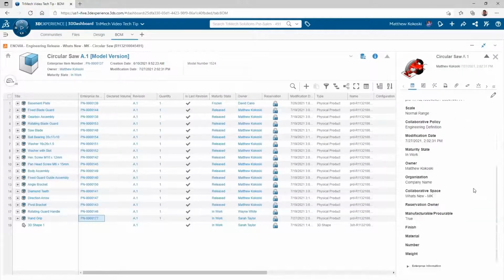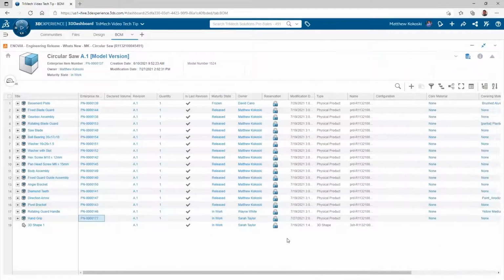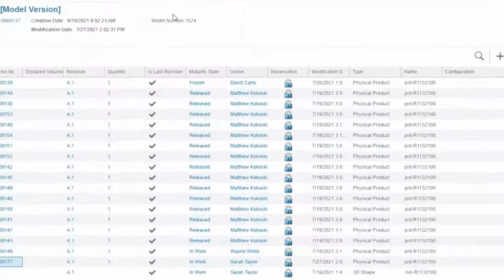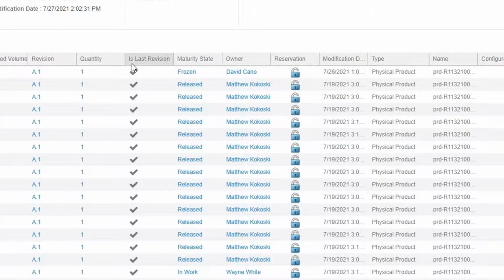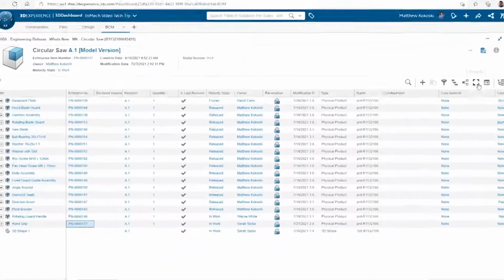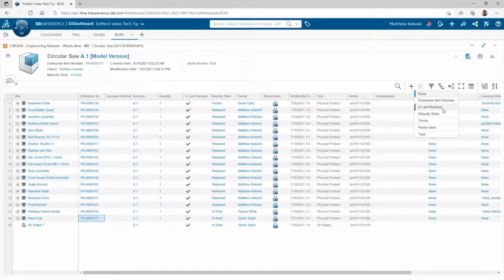Okay, that's all the work I need to do on the files. Now, as we can see from the list, the files are in multiple states. We have some that are frozen, pending release, we have some that are still in work, and we have some that are released. One nice thing about the Engineering Release app is I can release all the files right here